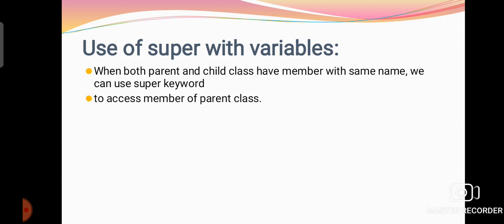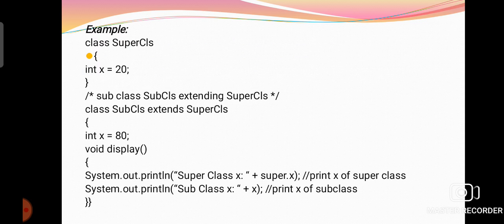As we said, when both parent and child class have the same member with the same name, that is the same variable name, with the help of the super keyword we can access the member of the parent class. Here we have an example: the parent class SuperCLS having the member variable x with the value 20, and after that the subclass of the parent class, and under the subclass we have the same member variable x,